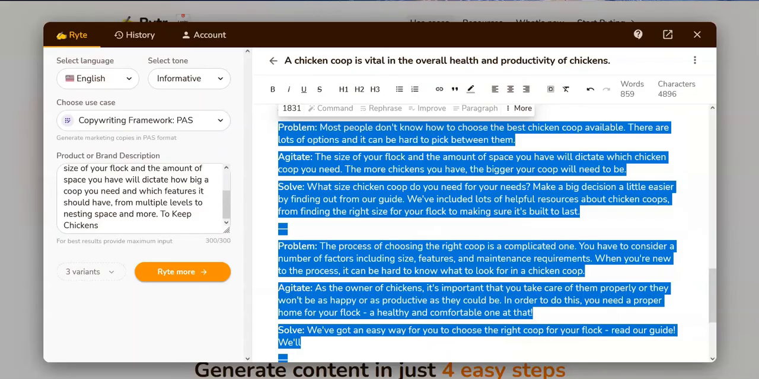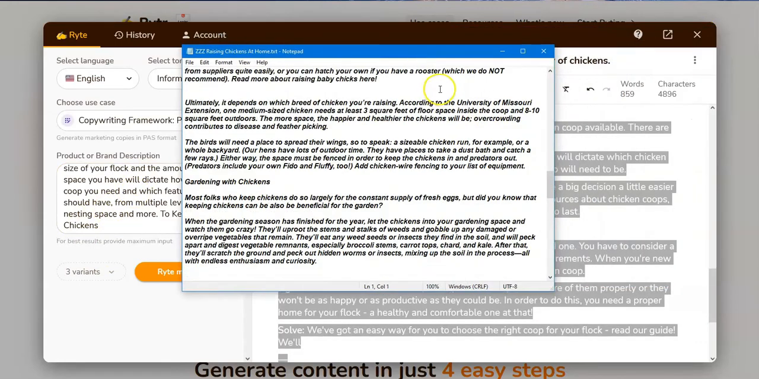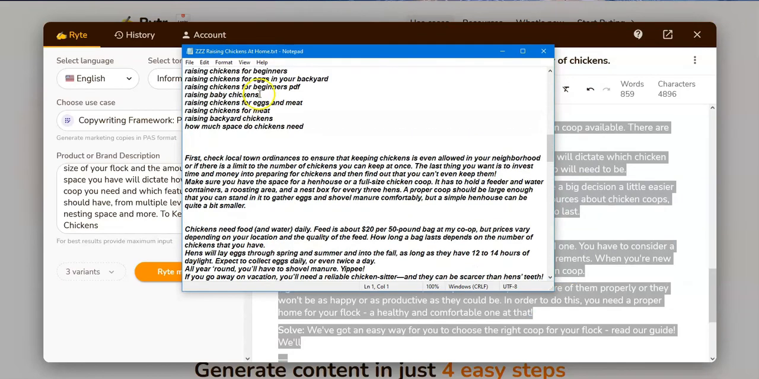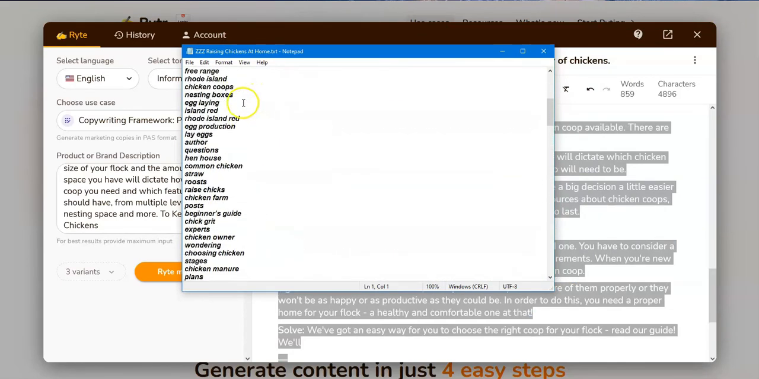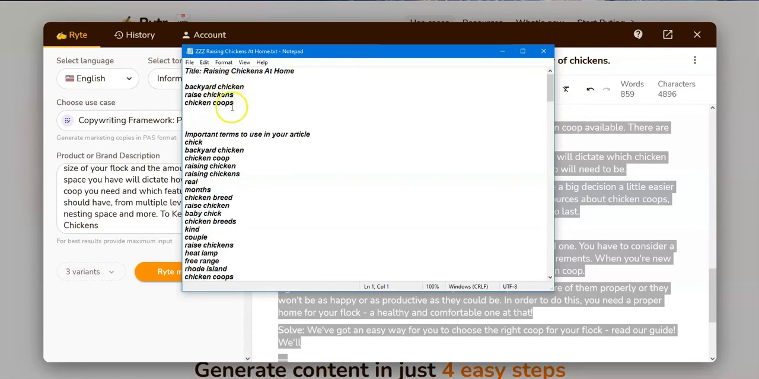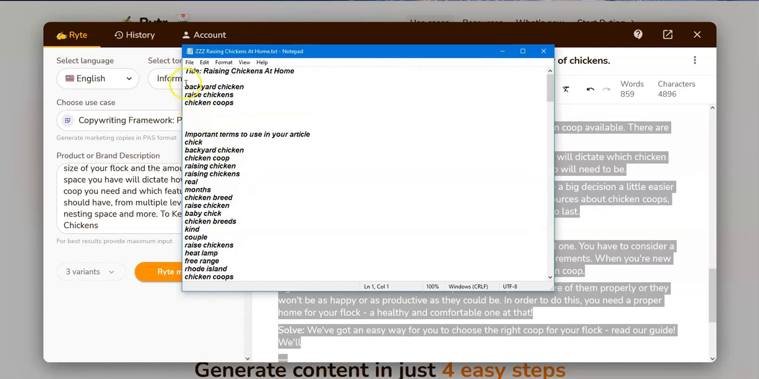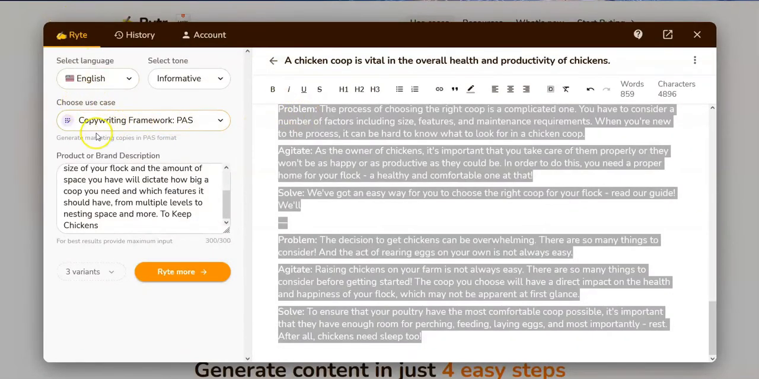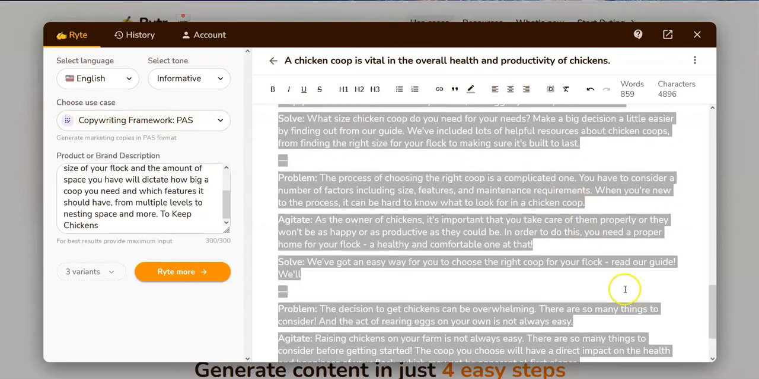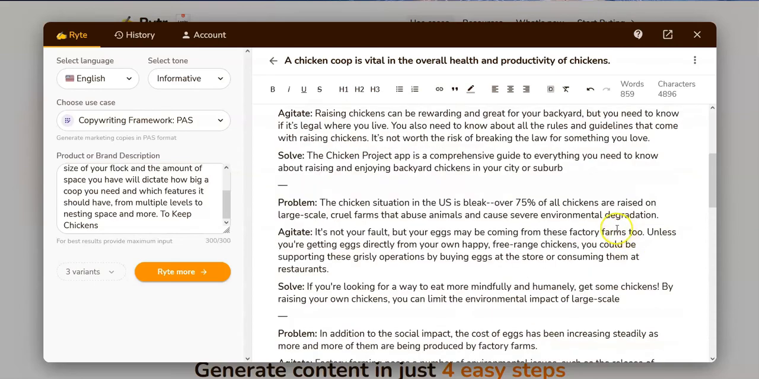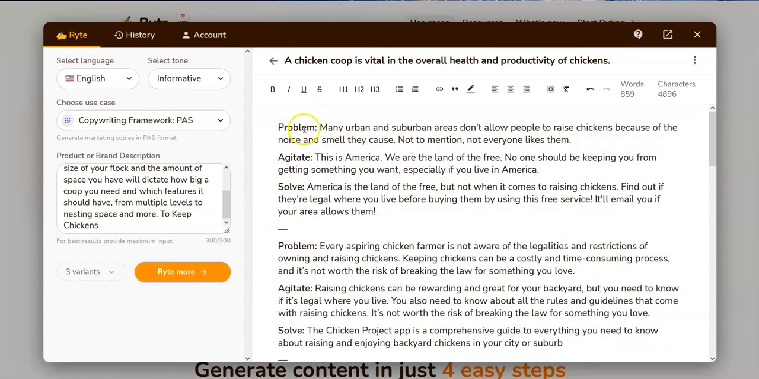Okay, so next, what we've done, 3 keywords now. I'm going to bring these over and show you. In my notebook pad here, I've got listed all the keywords that were presented from my research. And I picked the 3 keywords right here: backyard chicken, raised chickens, chicken coops. Keywords I want represented in my article. Okay, so we've used Rtyr, the copywriting framework, PAS, and we have created 3 keywords and results for them. I've copied them over